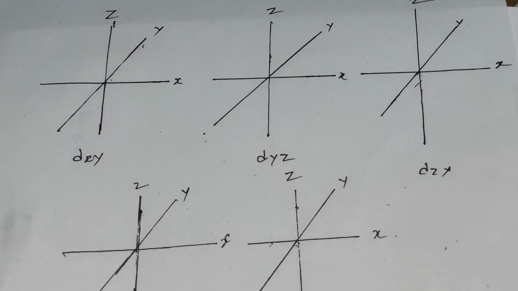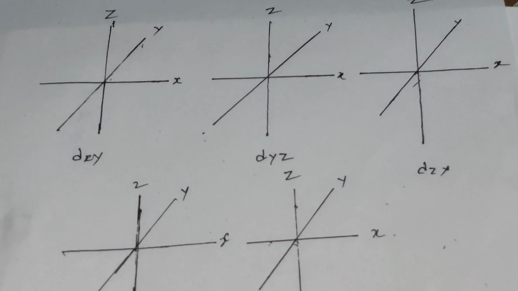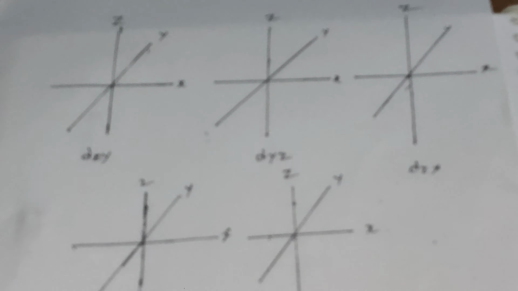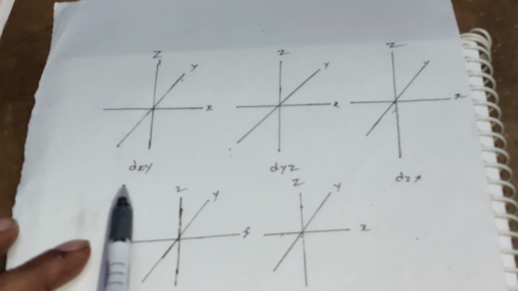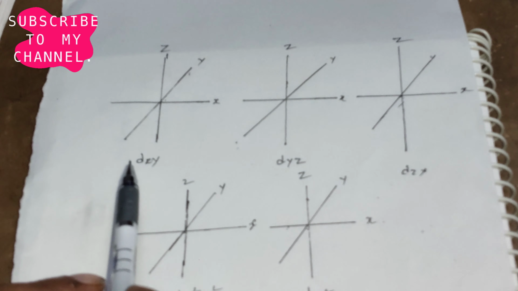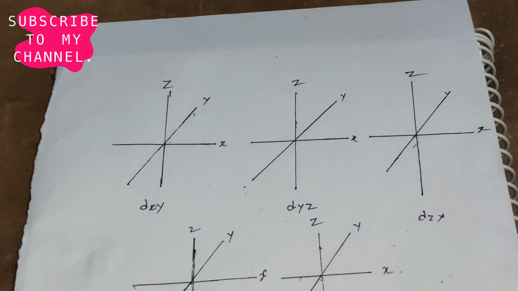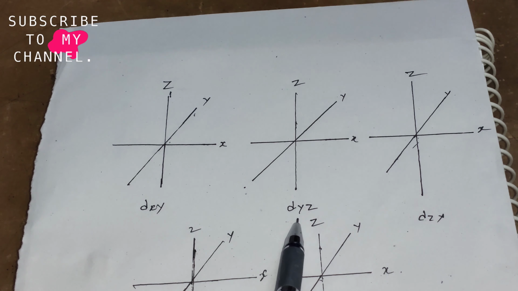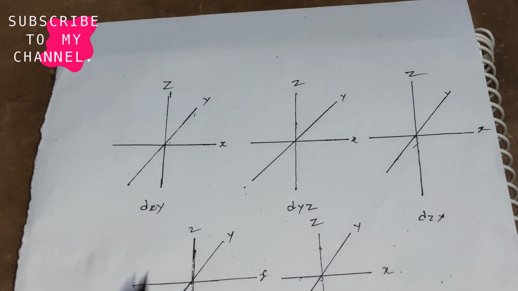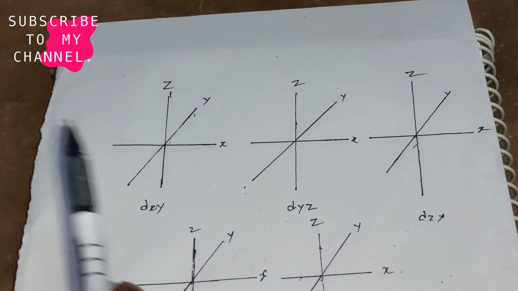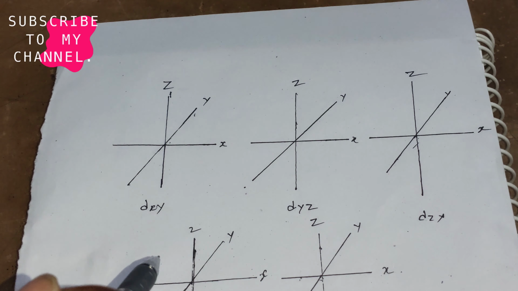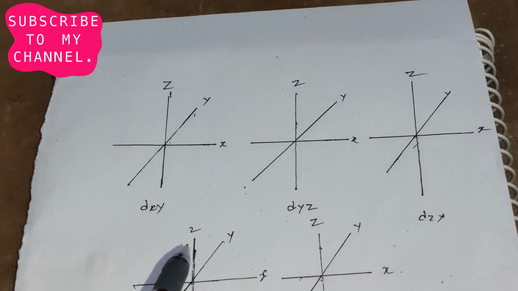The next one is the d subshell, and here I am trying to draw the d subshell. The d subshell has 5 different types of orbitals present. Those are dxy, dyz, dzx, dx square minus y square and dz square. The shape of the d orbitals is the double dumbbell shape.